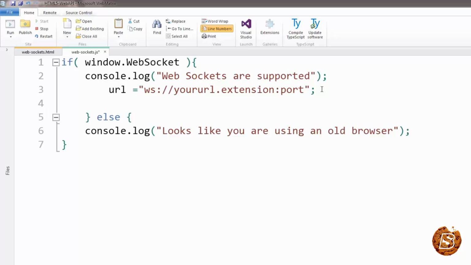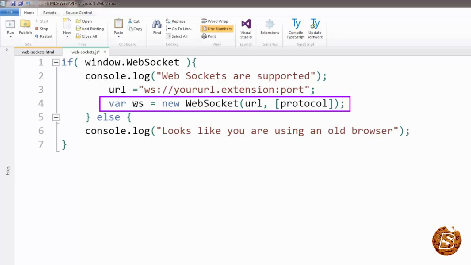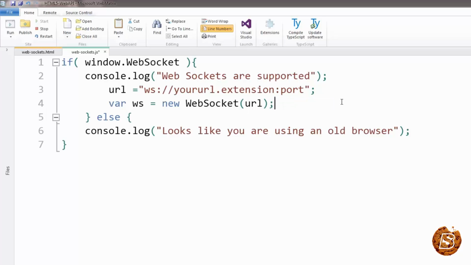After that, we will be making use of the WebSocket class. So here we'll be creating a WebSocket object by making use of the WebSocket class, and we have the URL, and as you can see, the protocol is optional. So in order to create this, we'll simply remove the protocol from here for now, and let's put it as